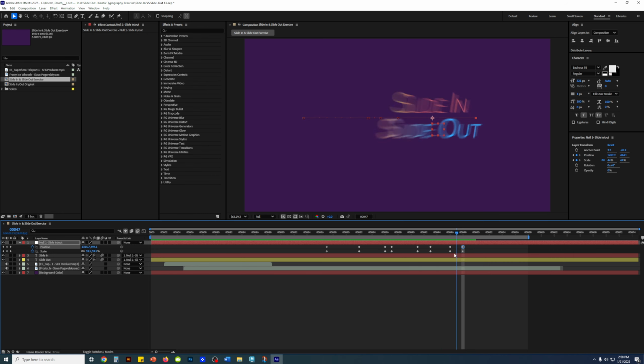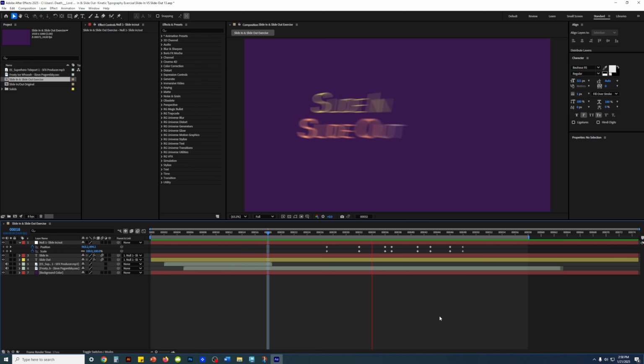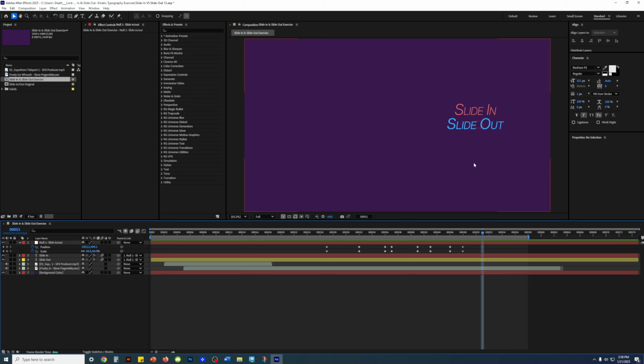See? Let's play it. Right? And then I'll go maybe 1, 2, and maybe 3 frames. I'm thinking between 2 or 3. Let's try 3 frames. All right, 3 frames might be too much. Anyway, on the 3 frames later, the position, I'm gonna crank it this way,